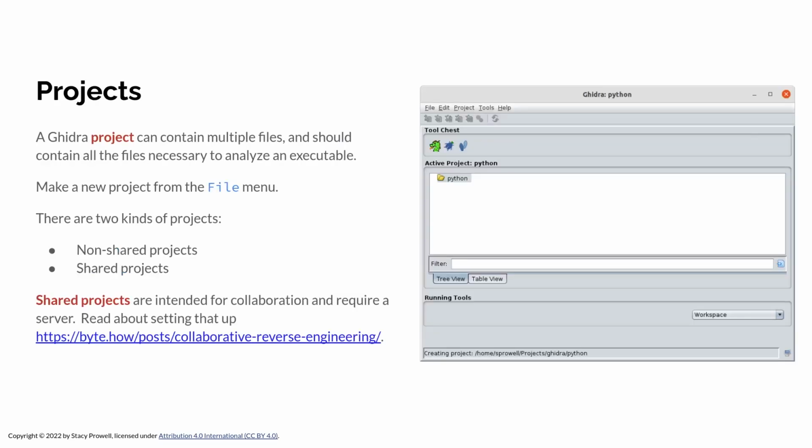So a Ghidra project can contain multiple files, just like anything on your system can be composed of multiple files. An executable is an executable, that's fine, but it may have libraries, it may have other executables it uses, it may have data files it uses. All of those can be put into the Ghidra project. Just import them in. So the basic idea is you want to make a new project, so you go to File, New,